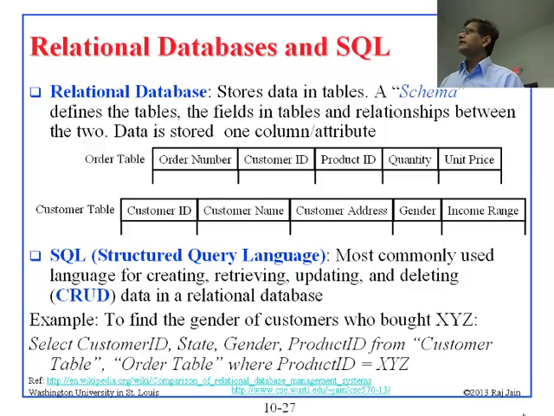So this is relational database stuff, and the relational database basically has a schema. They store data in tables and they have a schema. Schema says for the order table we have 5 columns and the columns are these. And for the customer table we have 5 columns again, but they have different names. So this is called a schema. Schema is basically the definition of the table. Okay? So this is the relational database, and then they have SQL, the language, which is the most commonly used